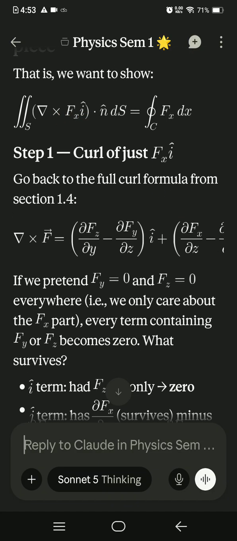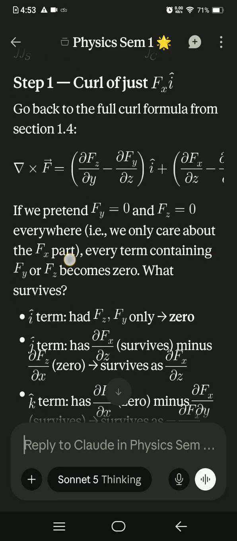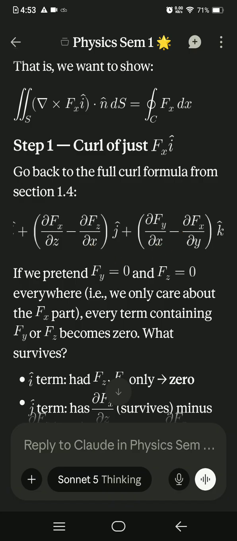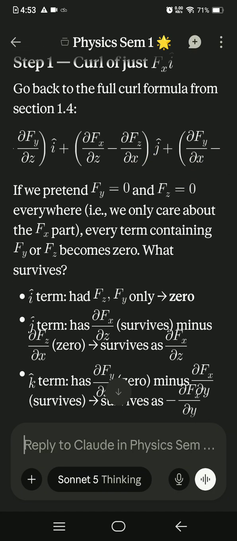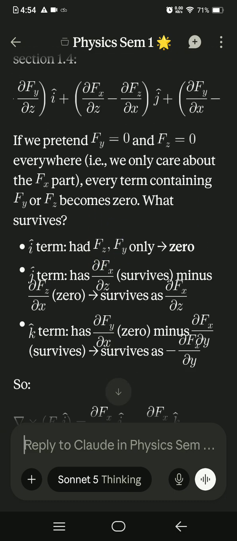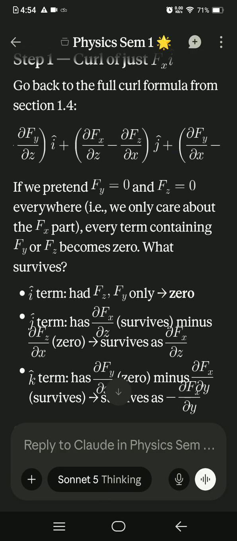If we pretend Fy equals 0 and Fz equals 0 everywhere, that is we only care about the Fx part, every term containing Fy and Fz becomes 0. So this becomes 0. What survives? The i terms had Fz and Fy only, so 0, and the j terms has both x